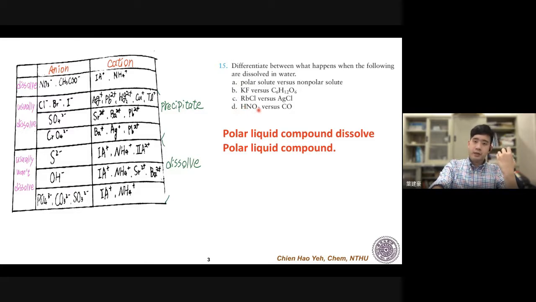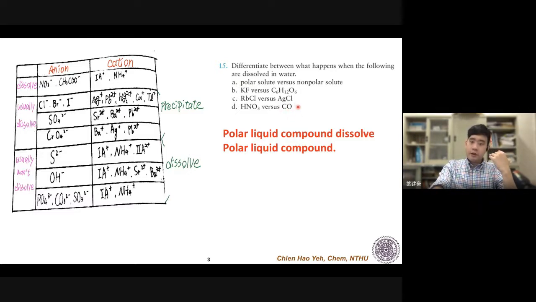So basically, you know that when a strong acid is put inside water, it will have a lot of hydrogen ions inside the cup of mixture, which makes it very acidic. 就会让它很酸, make it very acidic. Okay, so basically it will dissolve in water, and this is carbon monoxide, and it is easy to see that